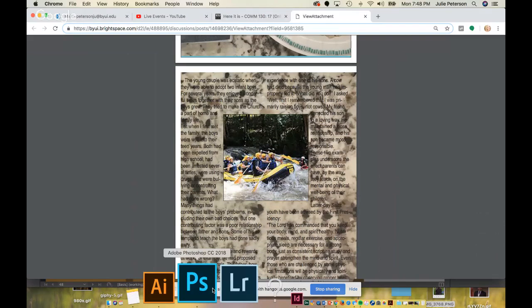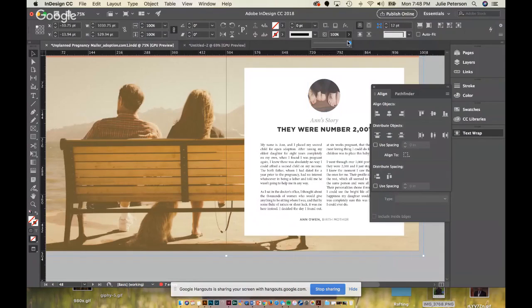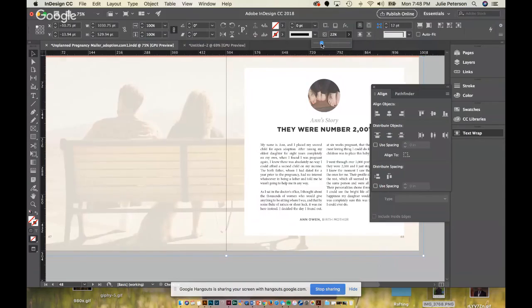So for example, if you click on the image, you can come over here to opacity and you can lower it and just have it low. It's okay to have it at 13% and barely be seen because the background is not your focal point. The background's going to be distracting if it's your focal point. It's taking away from your overall message. So don't be afraid to lower your opacity.